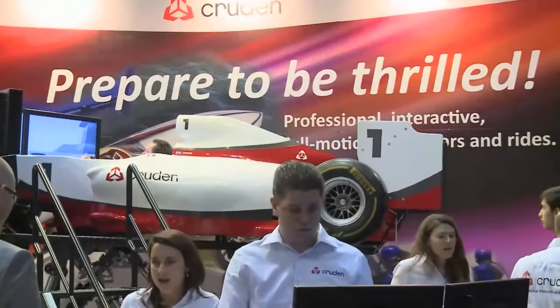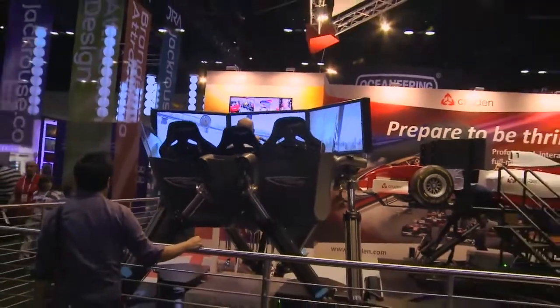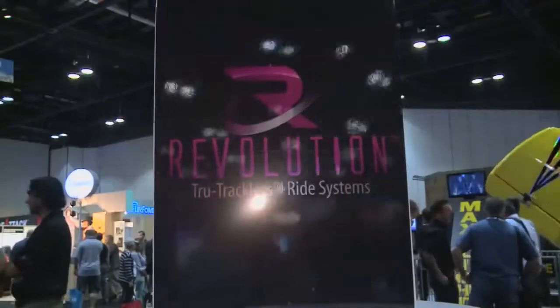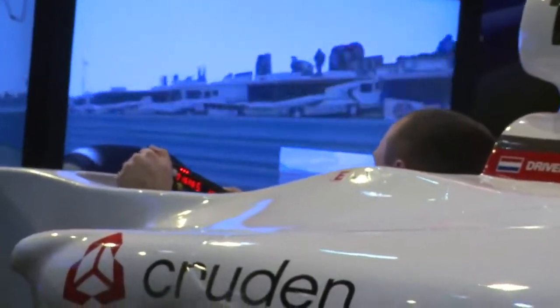The banner reads, "Prepare to be thrilled." And if you're into amusement parks, this convention is the place to be. Each year, theme park entertainment grows more exciting and cutting edge, like the true trackless ride systems. From trackless to cashless, we found what operators describe as the latest ways to make the park experience more convenient